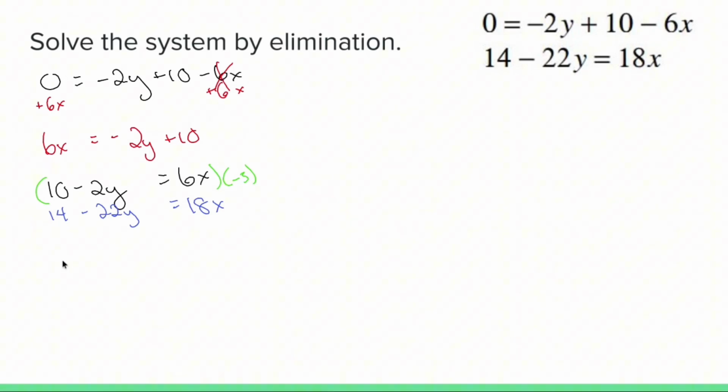So that turns 10 into negative 30. That turns negative 2y into positive 6y. That turns 6x into negative 18x. The bottom equation stays exactly the same: 14 minus 22y equals 18x. When you add the two equations together,